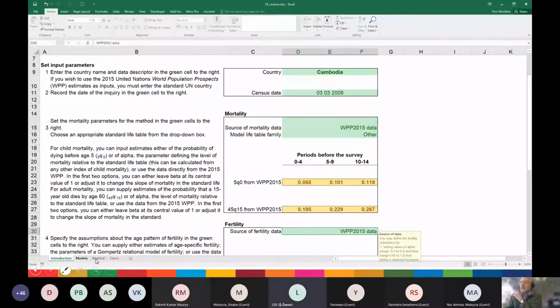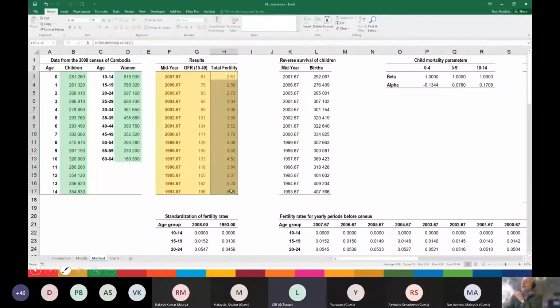Crucially, what it produces is not only the estimates of the total fertility rate for each year going back in time. You can see these years are centered 6 months before the census, so in about September of 2007, covering the year from March 2007 to March 2008. We can come up with those estimates of fertility, but more importantly, we can get an estimate here, produced directly by the reverse survival technique, of how many births we expect in the population in each of those years. This first one running from March